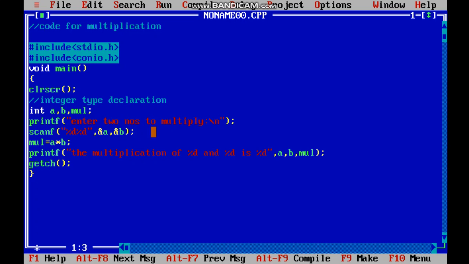Okay, printf will give you only output, scanf is to take input. If by mistake I took input for only 1 variable and I apply this, then again there will be an error, that is a logical error. Mul, I got the value. A into b, we all know the answer comes into mul. In programming we need a third variable into which we will get the value of the operation performed, and after the operation is performed there should be an output.